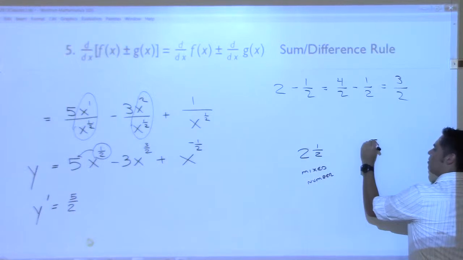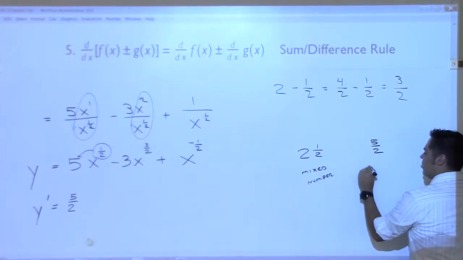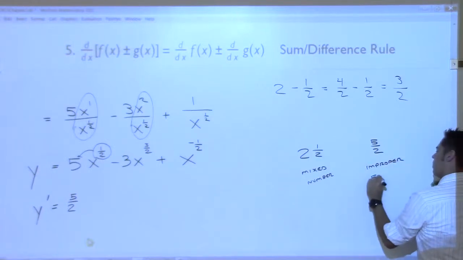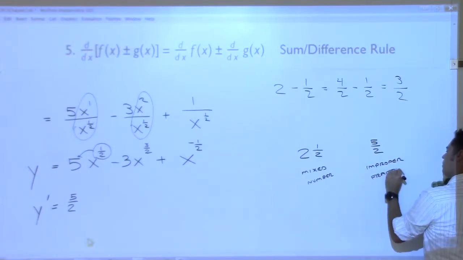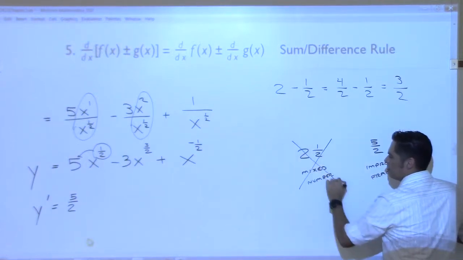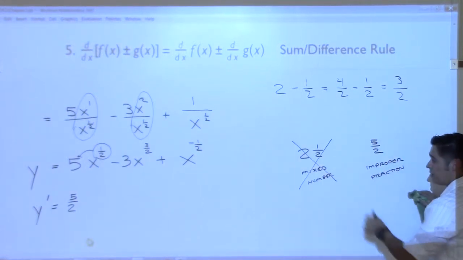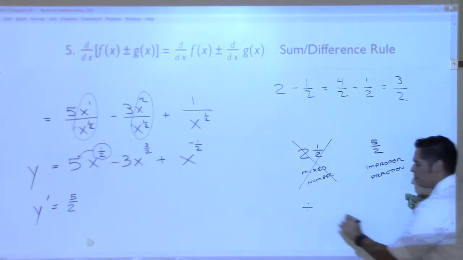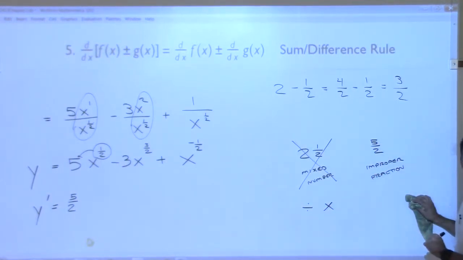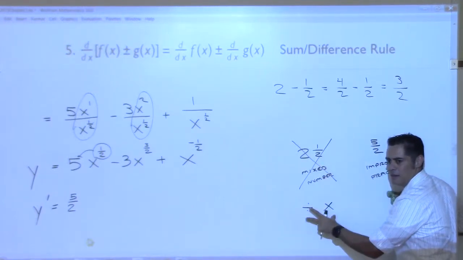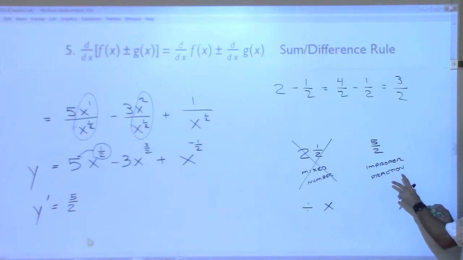And this is called an improper fraction. And now that you are in calculus, we don't use those anymore. This is like, you remember when we used to use the division symbol and that's what we used? Do you remember when multiplication was this? Right? Okay, mixed numbers is kind of like that. All right? Improper fractions are more advanced because